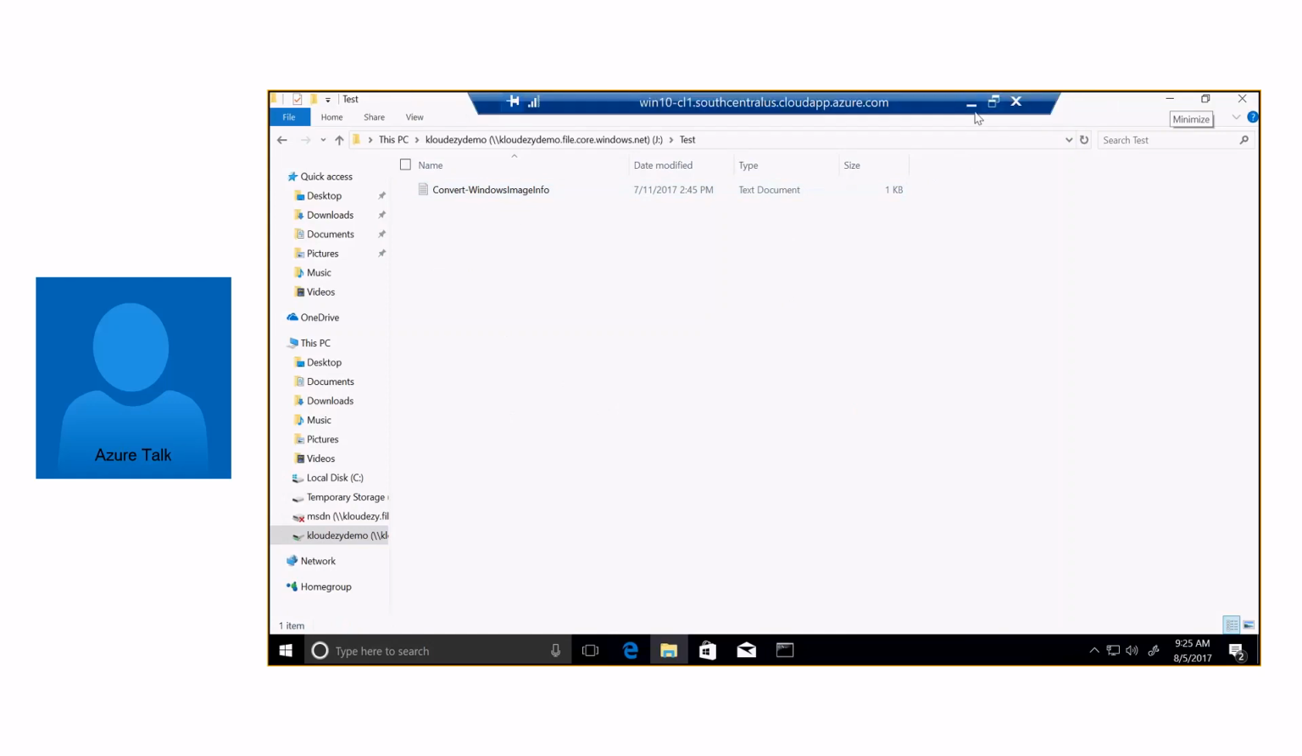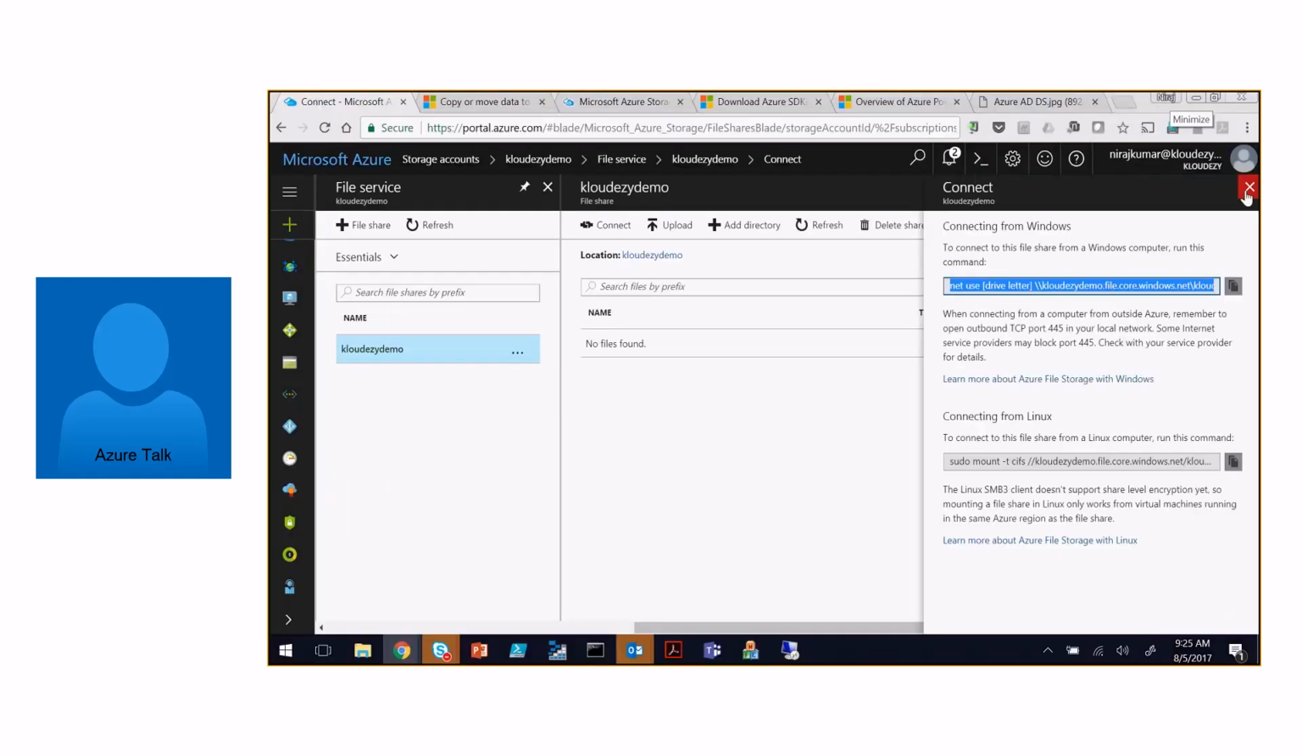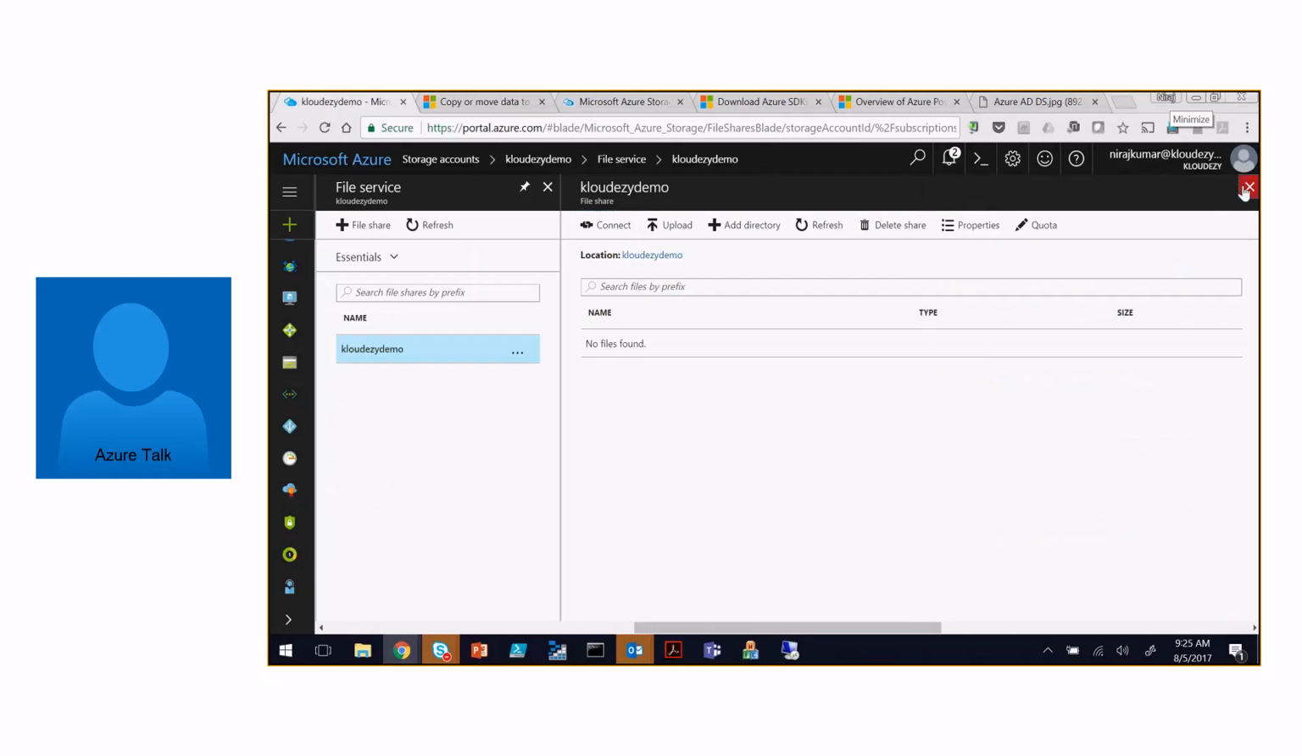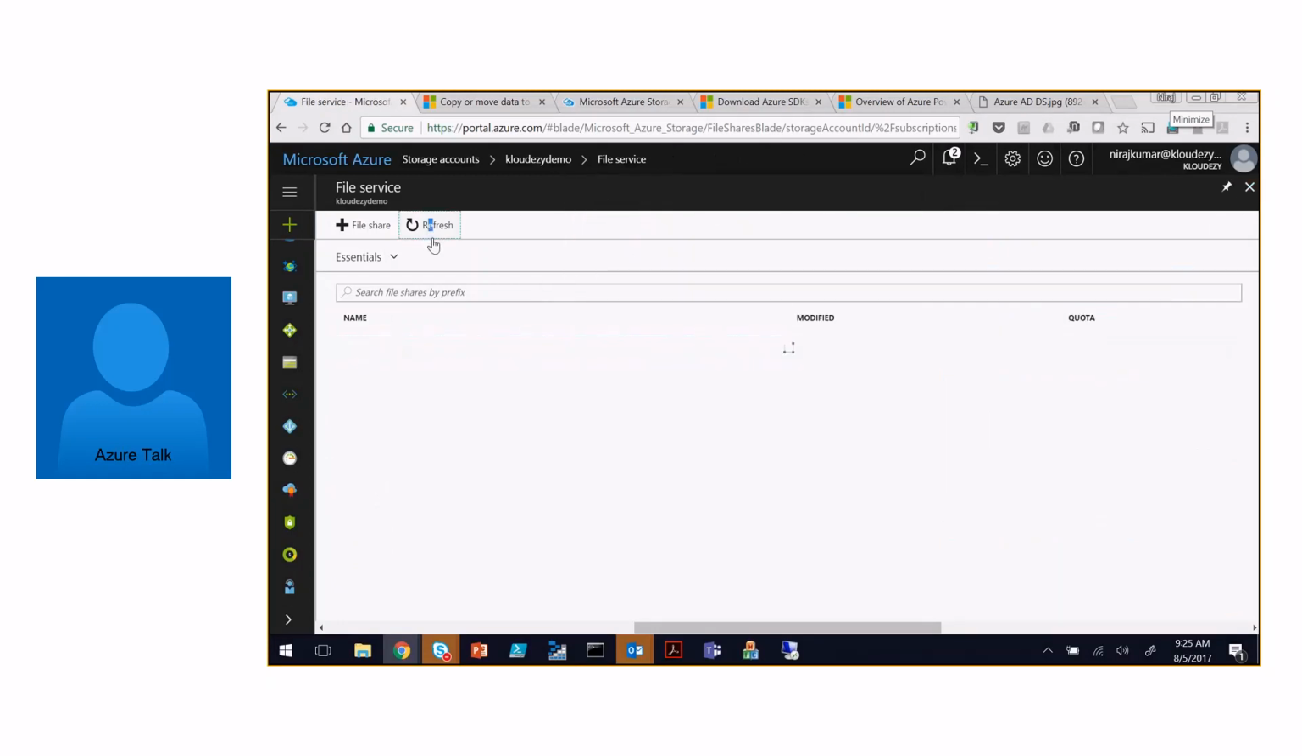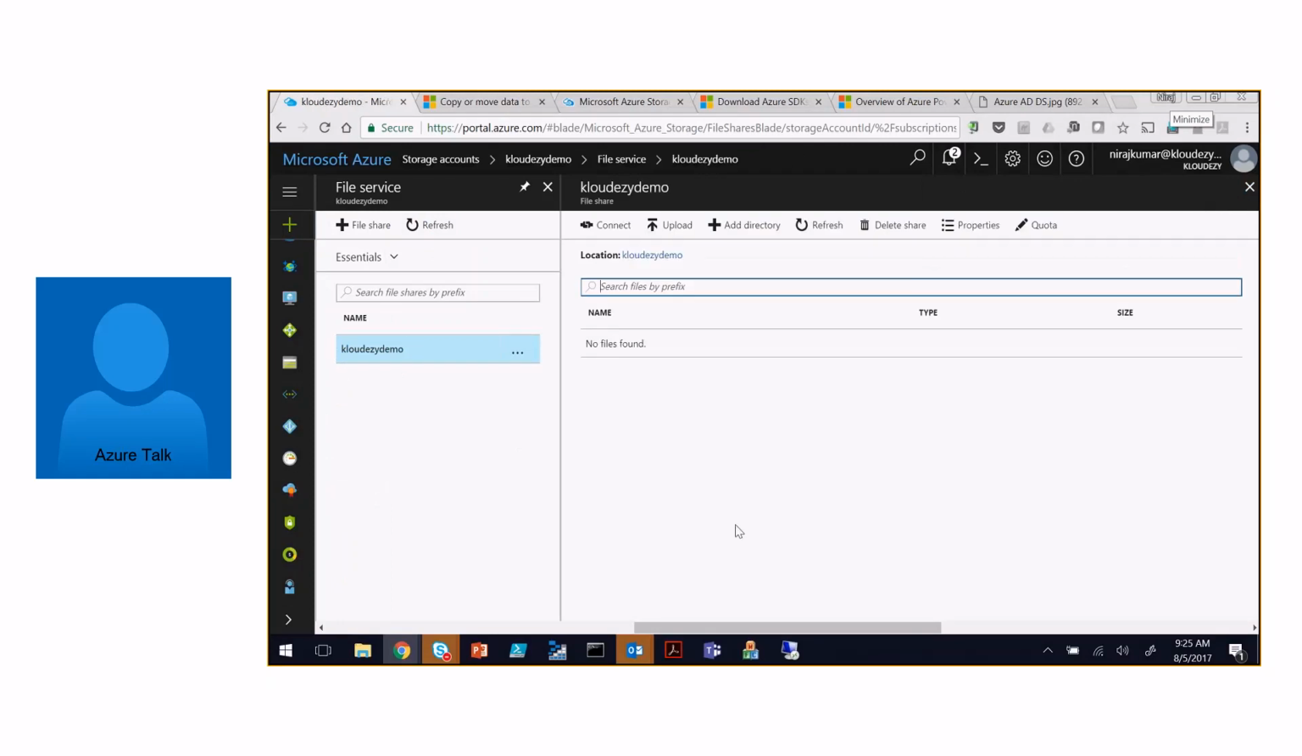So let's look at whether we got those files in the portal. Let's refresh, and you can see I have the test folder, and if I click on that, I have this file. So this is how you manipulate it. We have manipulated blob storage, we manipulated file. Let's try to manipulate